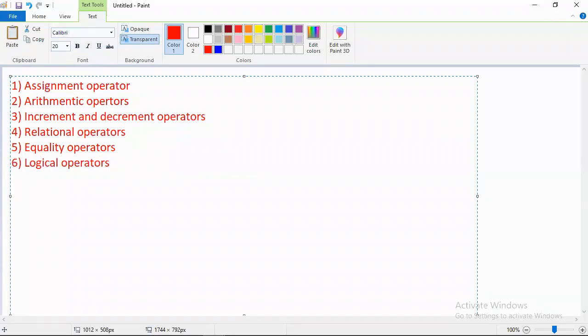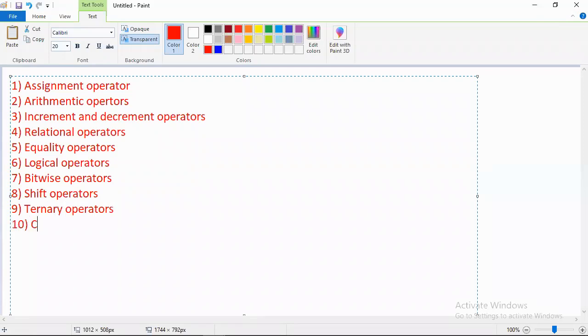Logical operators. Next, to do calculations at a bit level, we have bitwise operators. Also we have shift operators, not swift operators, where bits are shifted left side, right side. Next category is ternary operators.